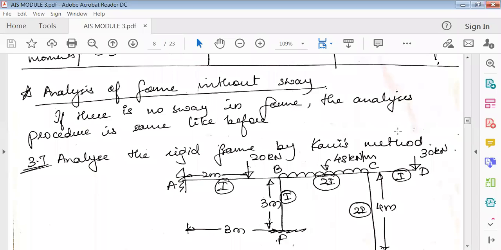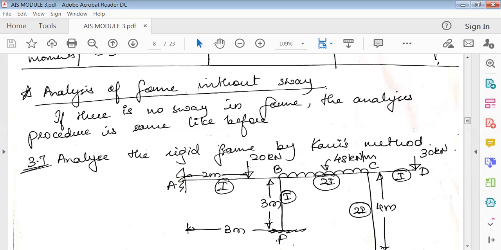Hello everyone. So the next type of problems by using Carney's method is frames. We have already dealt with analysis of beams, that is fixed beam, simply support beam, and overhanging beam. So the next type is analysis of the frame without sway, using Carney's method. Now see here, if there is no sway happening in the frame, then the analysis procedure is the same